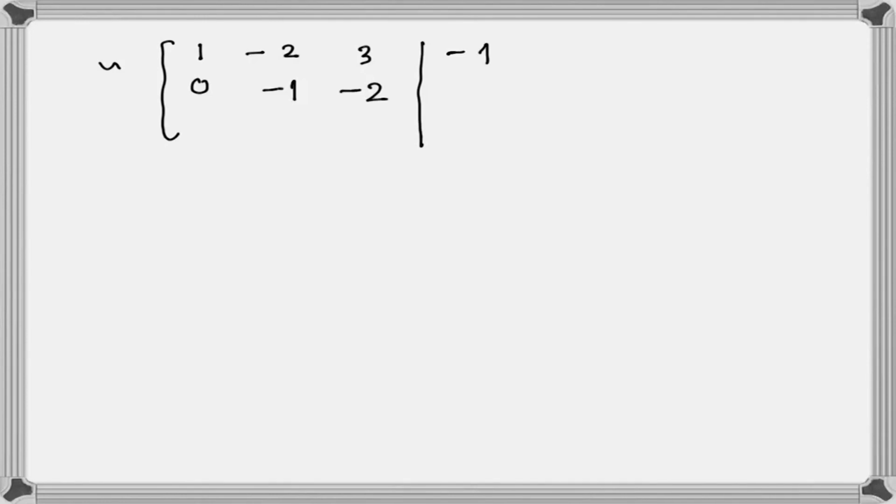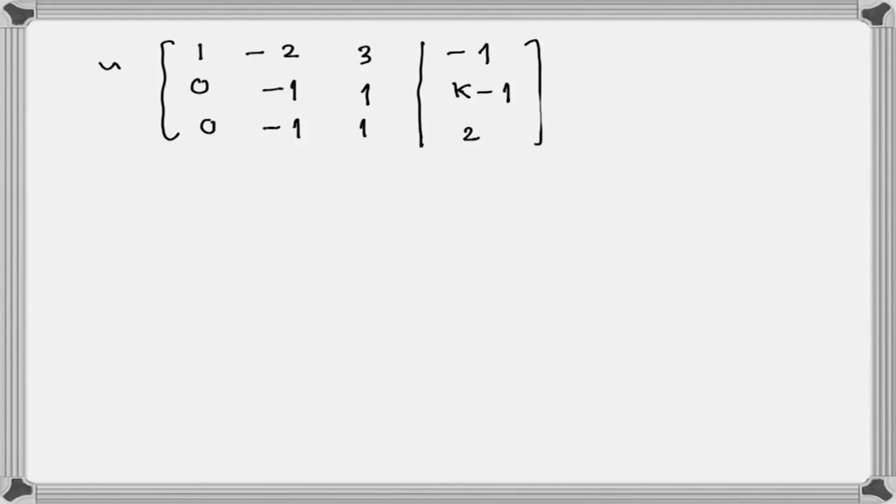We applied R2 plus R1, sorry. So it is 0, minus 1 plus 1, 1 minus 2 minus 1, minus 2 plus 3, so 1, and k plus 1, k minus 1. Now the next one was R3 minus R1. So R3 minus R1, this entry is 0, minus 3 plus 2 minus 1, and 4 minus 3, so 1, and 1 plus 1, 2.